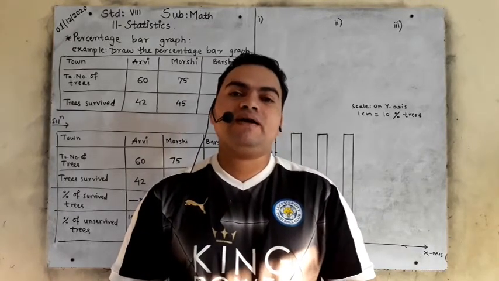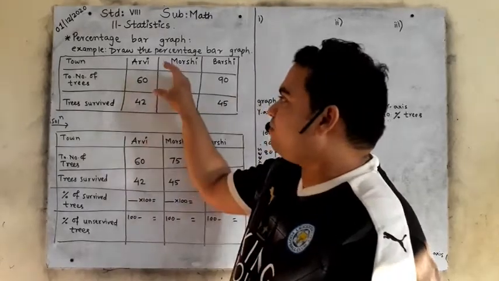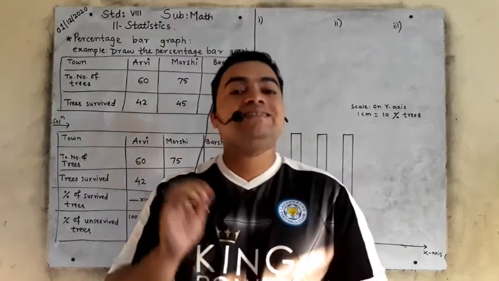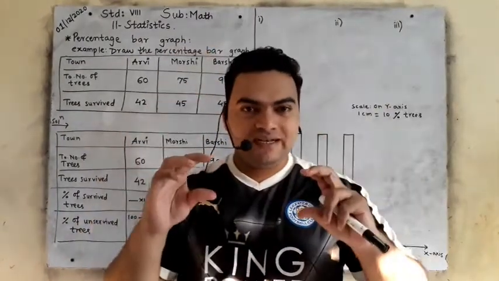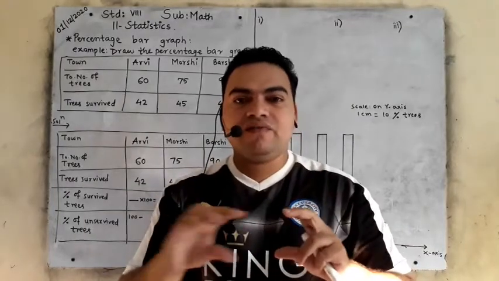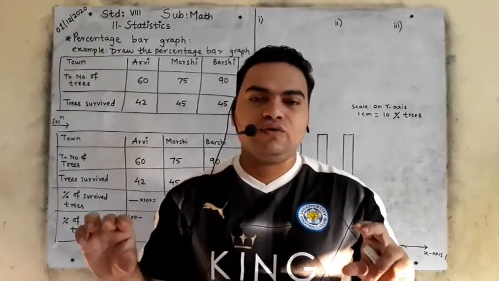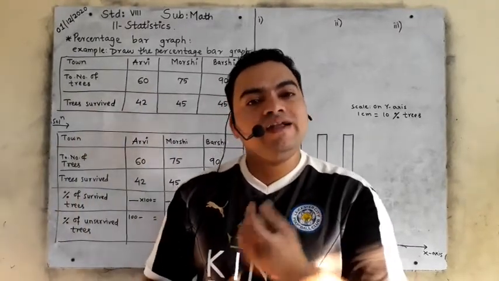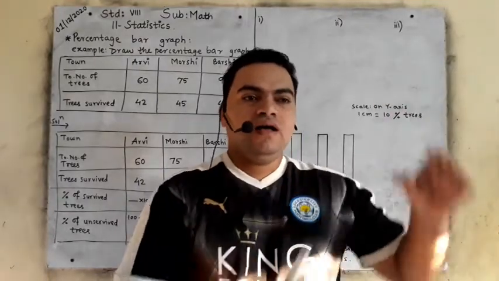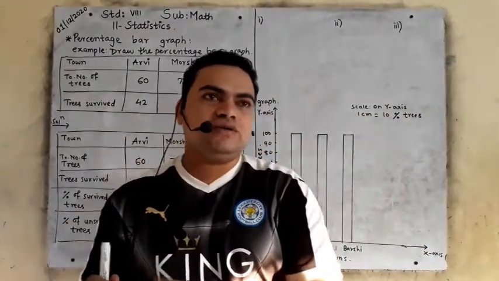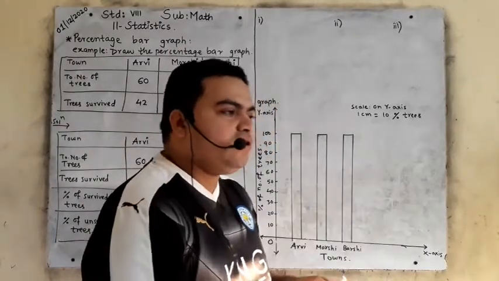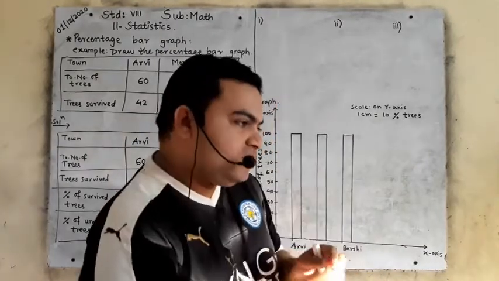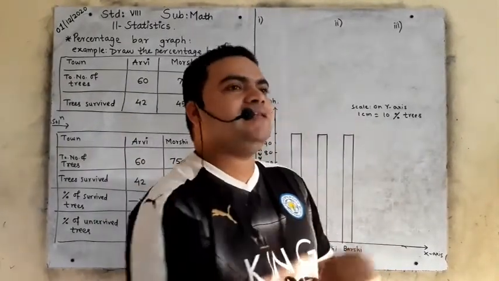In subdivided bar graph, what we have done, we have just copied the table first, and then we added one row at the last as a total. First we copied the table as it is, then we added one row as a total at the last, then we did the totaling of each column. According to that total we drew bars. Suppose the total of the first column is 50, so we draw a bar till 50. If the second column total is 75, we draw the bar till 75.